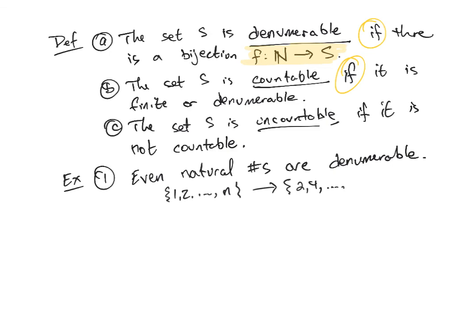The natural numbers go on forever, and so do the even natural numbers. Well, there's a really easy way. We just map 1 to 2, 2 to 4, 3 to 6, etc. So if we just define f of n to be 2n, this is a bijection